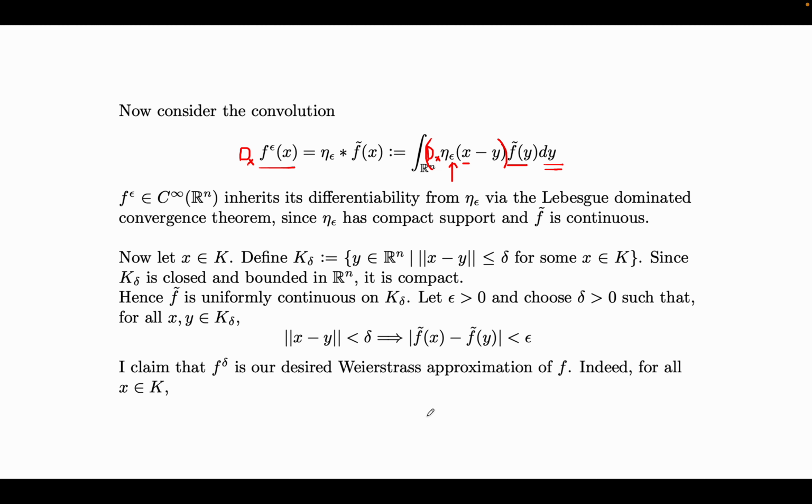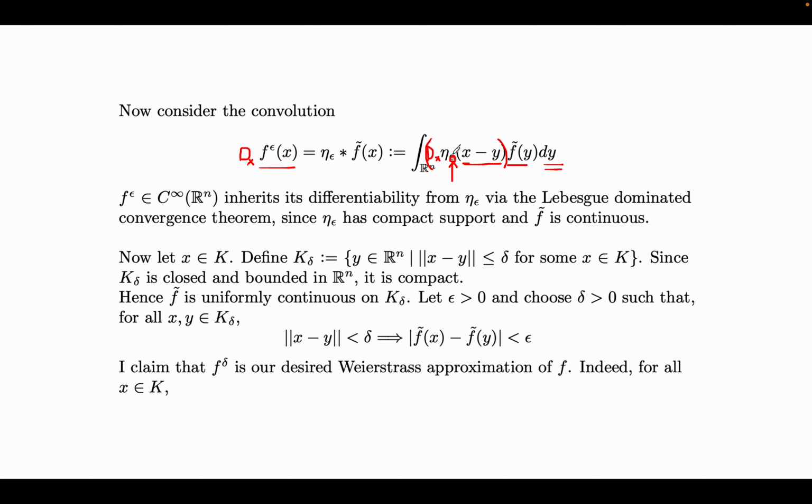Okay, so this is already a huge step because we've now constructed a smooth function, which is a convolution of f tilde by eta epsilon, a smooth bump function, and we're claiming that for epsilon small enough, this is actually going to be our desired approximation. So let's look at why this is the case. If you let x be in k, notice that the support of eta epsilon is going to be a ball centered at x of radius epsilon,